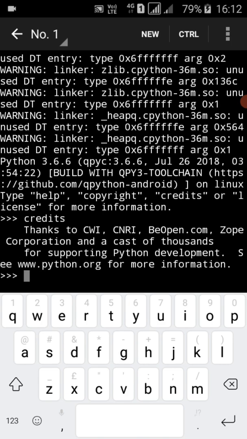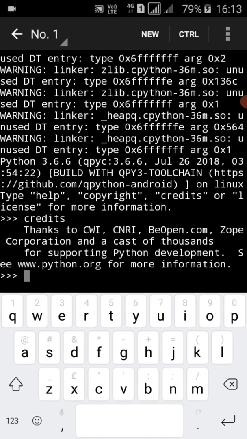You can see: thanks to CWI, CNRI, BeOpen.com, Zope Corporation, and a cast of thousands for supporting Python development. See www.python.org for more information. You get the information about the organizations involved in Python development.